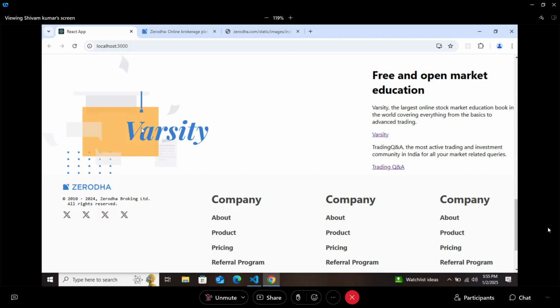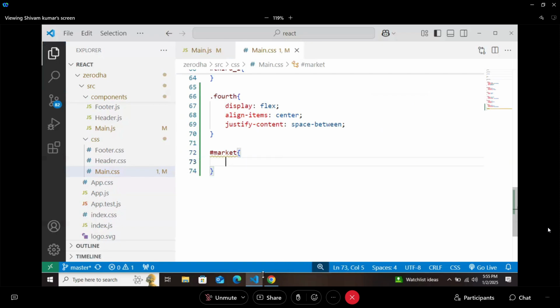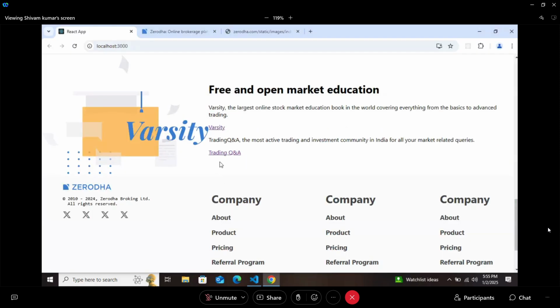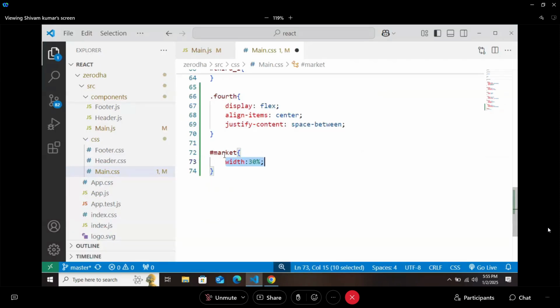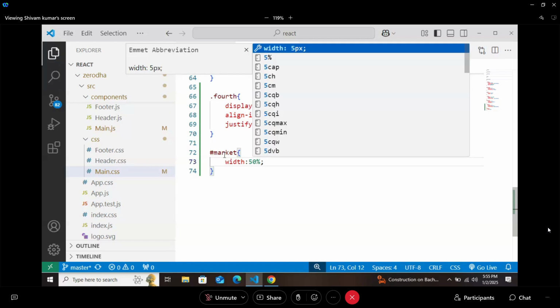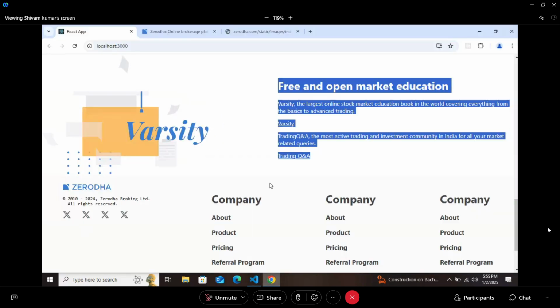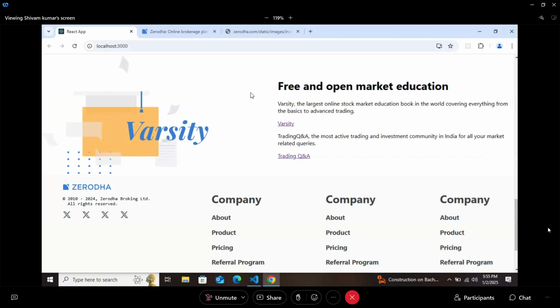What will be the width of this one? If you are not writing any width, this is how it is coming now. Means it is taking all the available width. We need that it should not take. So just say that you can take the width 50%. Take 50% width. Don't take all the width that is available to you. After that, this is how it will come.